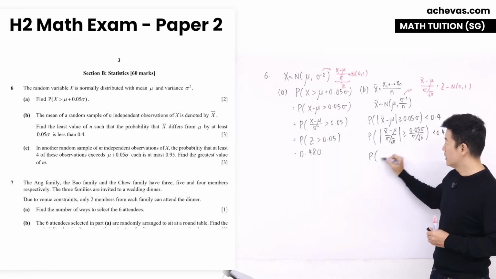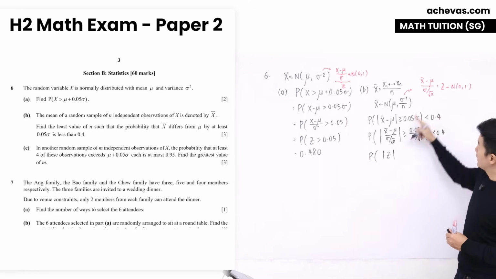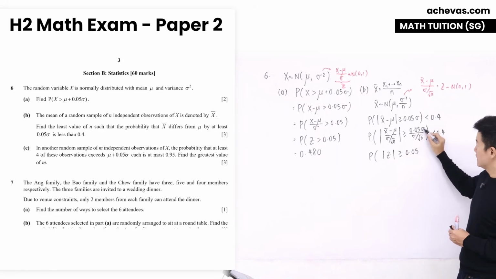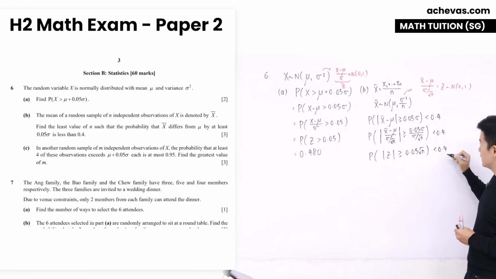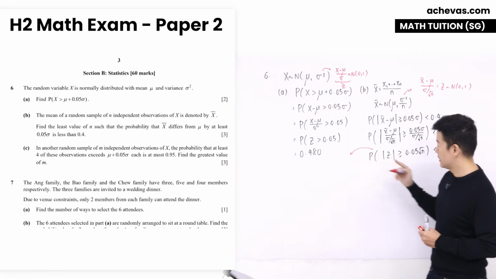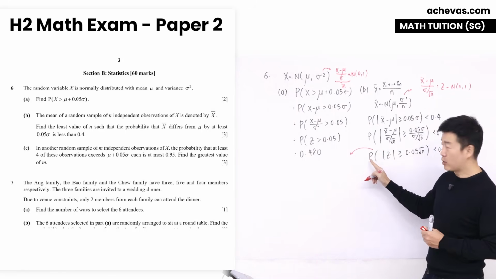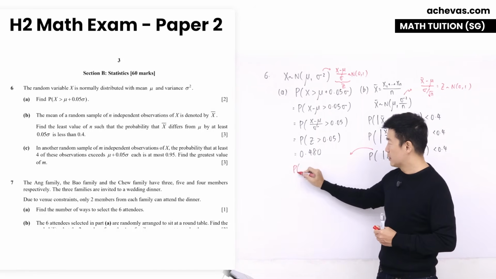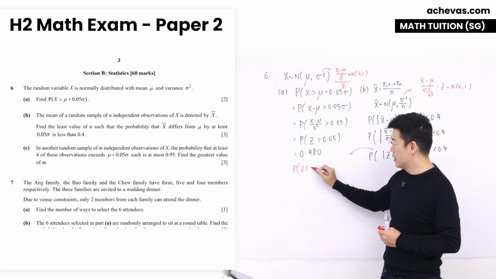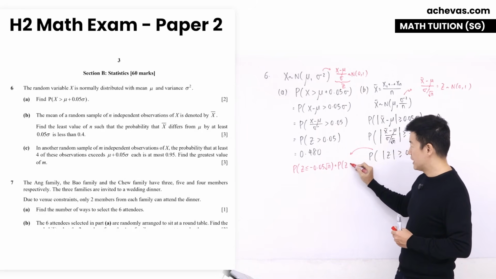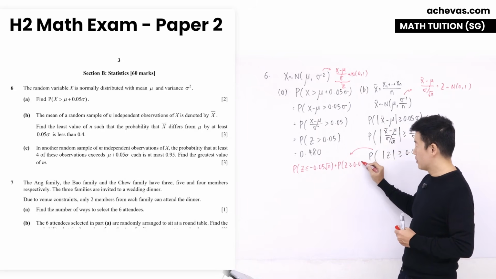So what we have here is going to be a modulus of z, the standardized version for x bar. And on the right hand side, it is going to be 0.05. Sigma can be cancelled, so square root of n. So this is going to be less than 0.4. So for what we are looking at here, on the left hand side, we have the probability that modulus of z is going to be bigger or equal to this, which means that we are looking at the probability of z to be less than or equal to minus 0.05 square root of n, or the probability that z is going to be bigger or equal to 0.05